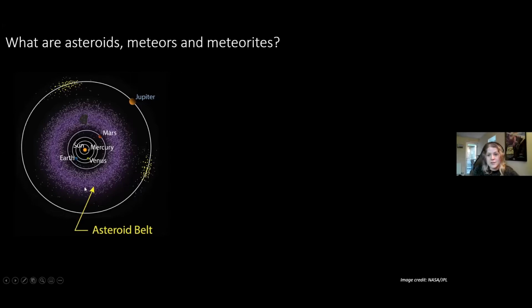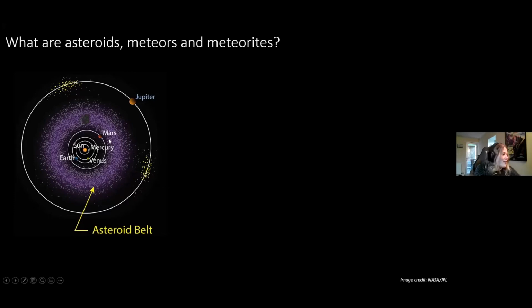These are asteroids. These are essentially the building blocks of planets. And we think that they're actually leftover rocky material from the beginning of the solar system. So they're super old, and they're really primitive. Primitive is a term we use to basically mean very pristine, very precious, things like that. We call this concentration of asteroids in this region the asteroid belt.